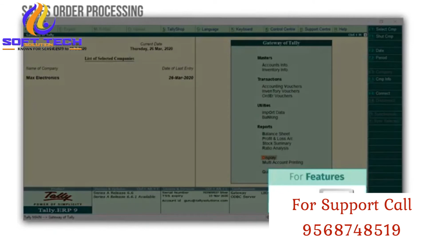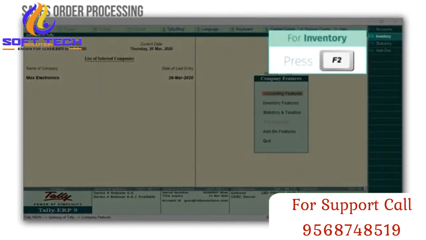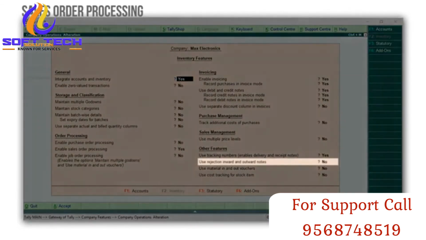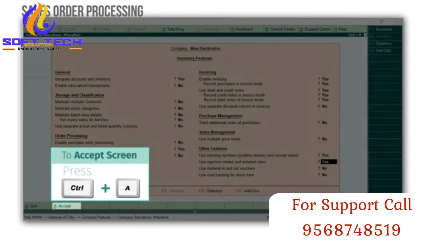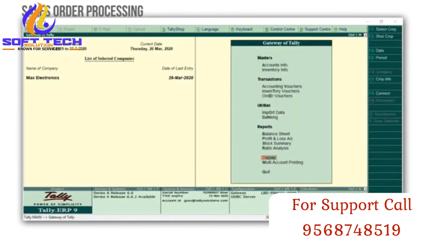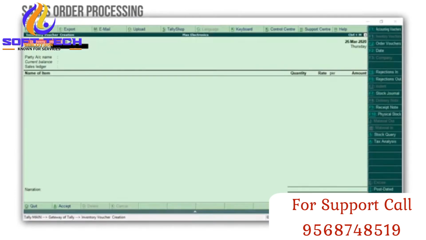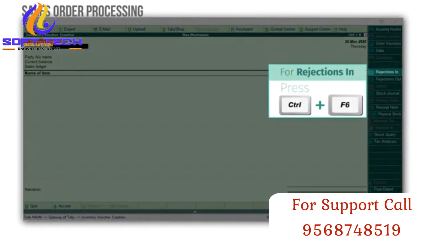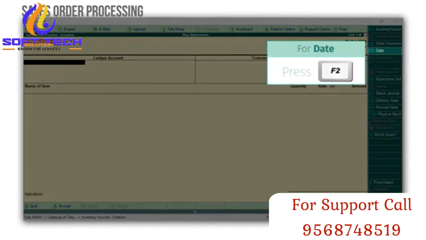Press F11 for features, F2 for inventory features, set use rejection inward and outward notes to yes, press Ctrl A to accept the screen, and escape to go back to the gateway of Tally. Press T for inventory vouchers, Ctrl F6 for rejection in, change the date by pressing F2,